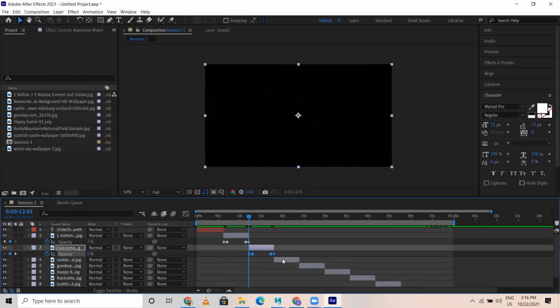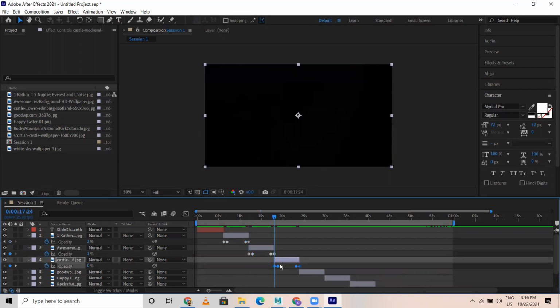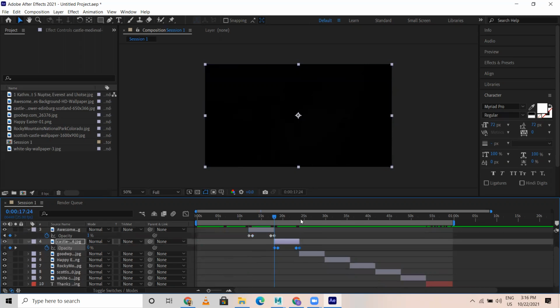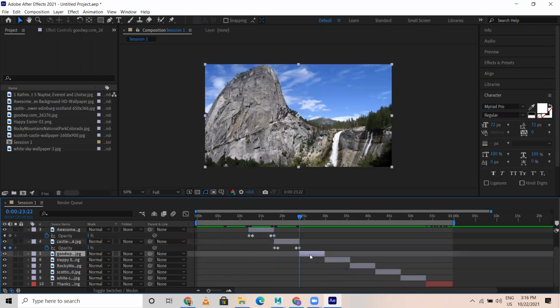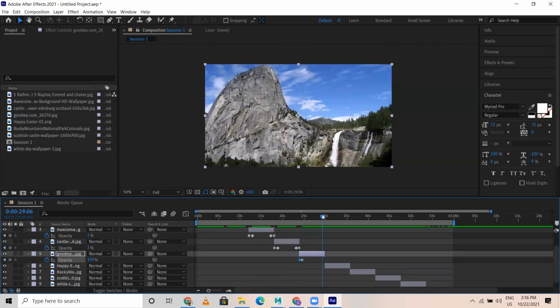Or else manually, you can select this footage, press I, press T for opacity, Control V for paste.